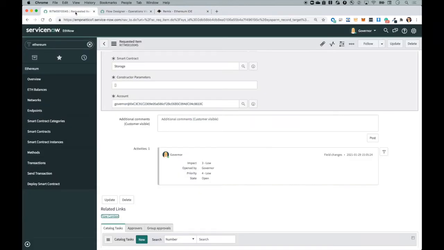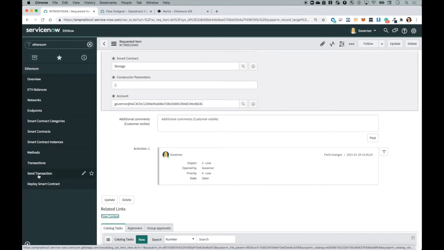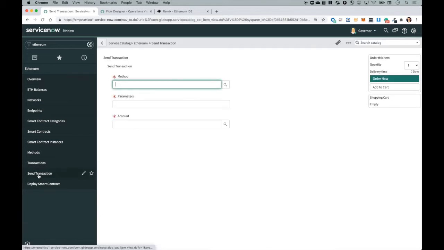Now what I want to do is send a value to this memory slot of the blockchain and have that stored permanently on the blockchain. To do that, at the spoke level, I need to send a transaction to the smart contract that I just deployed and specify which number in the parameters of this method. So what I want to do is select the method. This is going to be the method to store a value at the storage smart contract.